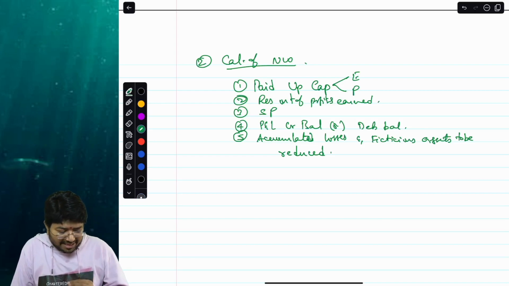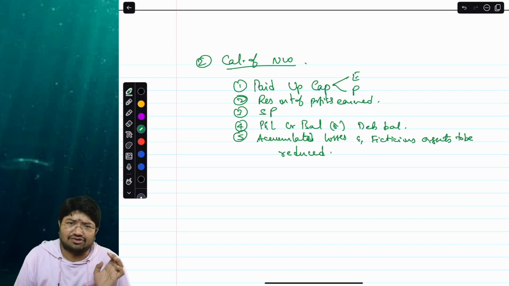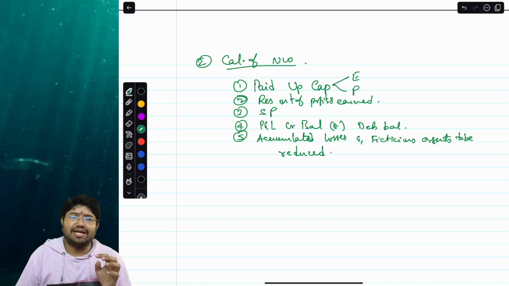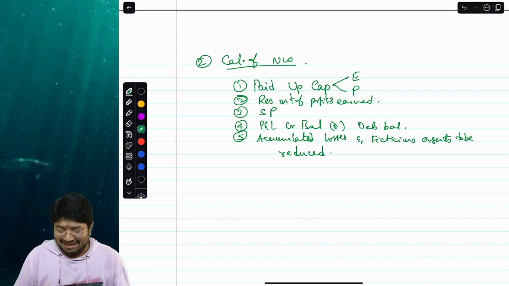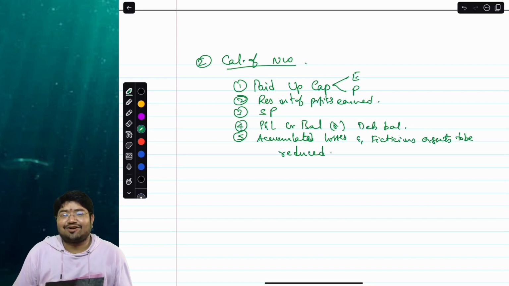Then you may be having some amalgamation capital reserves. There could be amalgamation capital reserve in your balance sheet. Recollect AS 14. In your intermediate, there is something called AS 14, in which in the purchasing company, in entry 2, under the purchase method of amalgamation, do you recollect or not? Purchase method of amalgamation, there is something called goodwill or capital reserve which will get created in entry 2.